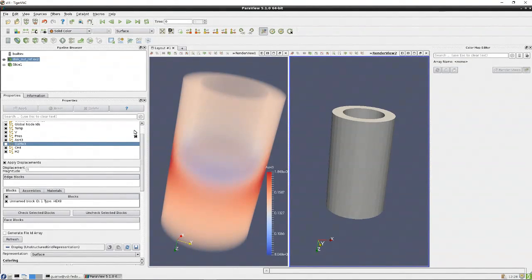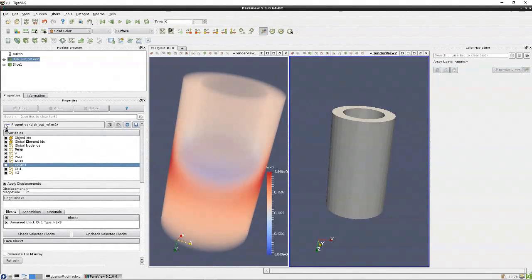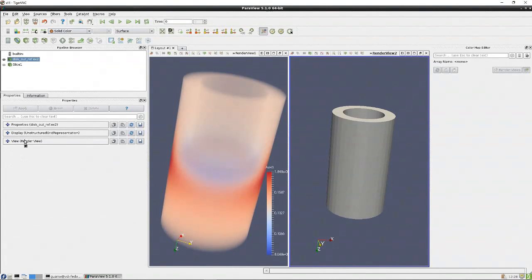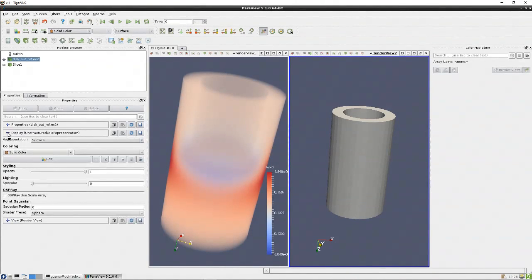Now for this one, I'm going to show the same object. I'm going to hide this part. I just focus on display. So if I collapse everything, you see just the three main parts: property, display, and view. So you can collapse and expand. So here for this one, I'm going to show, for example, I use surface, but this time instead of